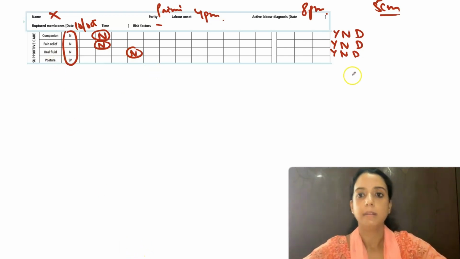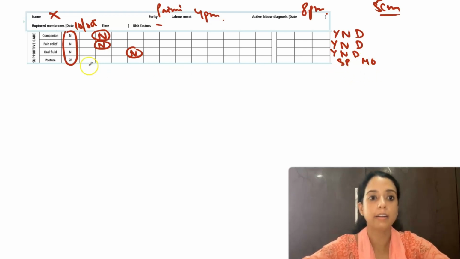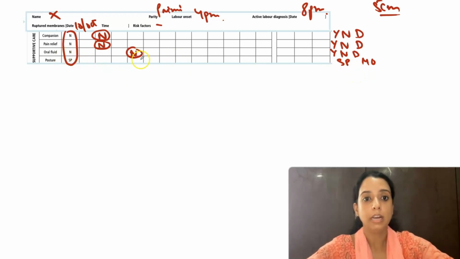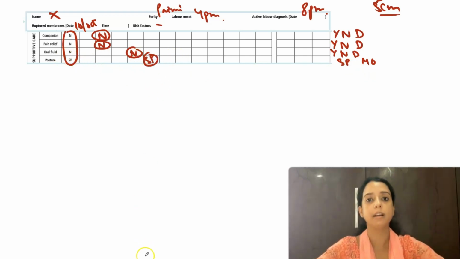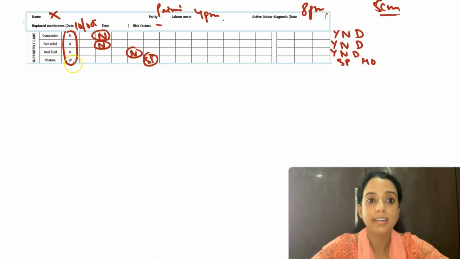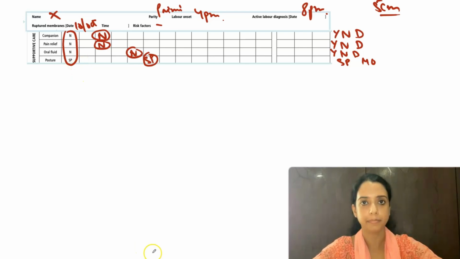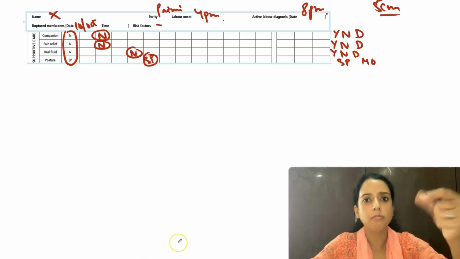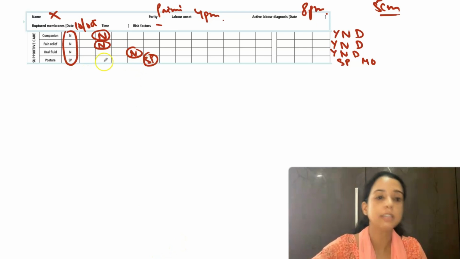In the posture, the posture can be supine, shown by SP, or it can be mobile. Supine, all the time the mother is supine, she is not active, is an alert value. So if I write down supine here, I will circle it and I have to make a plan because it has reached the alert value. My plan will be to encourage movement. So no matter how small the plan is, I have to make a plan when my value reaches the alert,